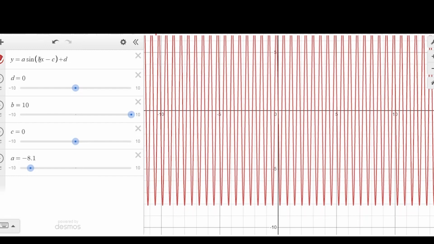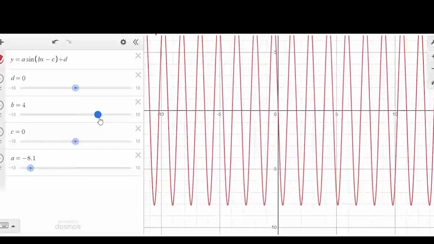So this value of B changes the number of cycles. Number of cycles means frequency. So in simple words, you can say that this number B stretches the graph horizontally, opposite to this number. If there is 4, that means its stretch factor is 1/4. In terms of transformation, you can use the term stretch, but in terms of this graph or waves,